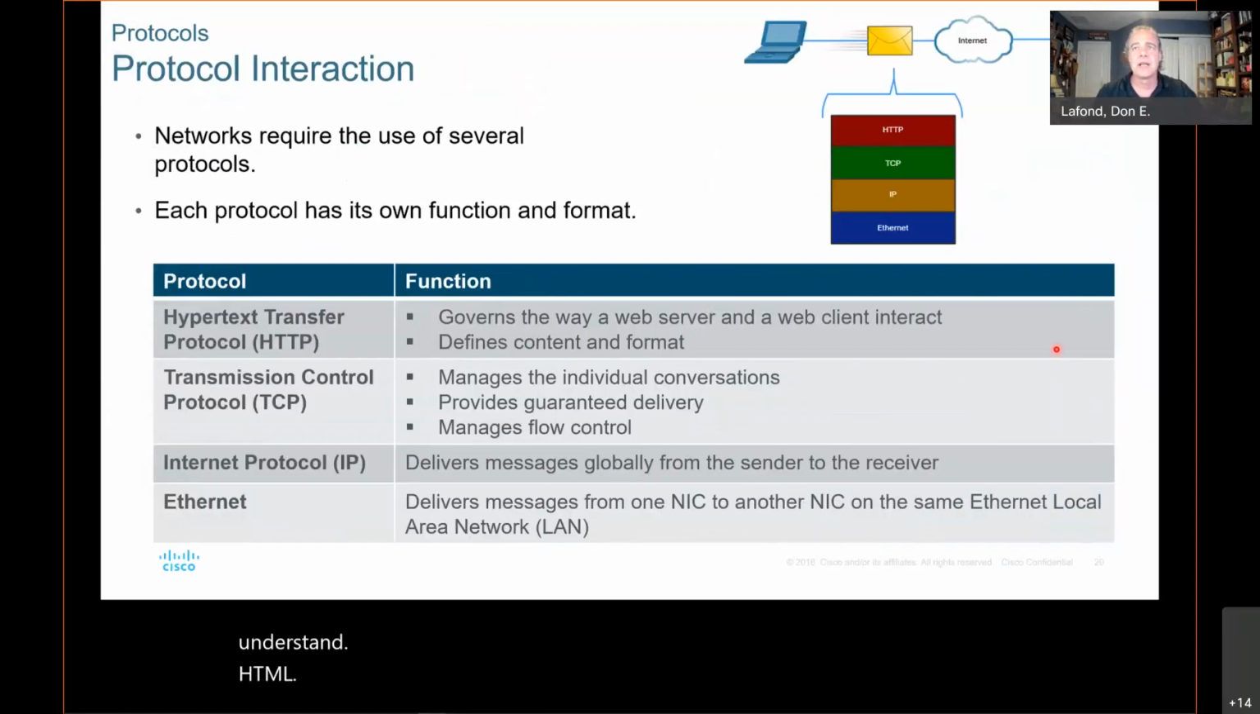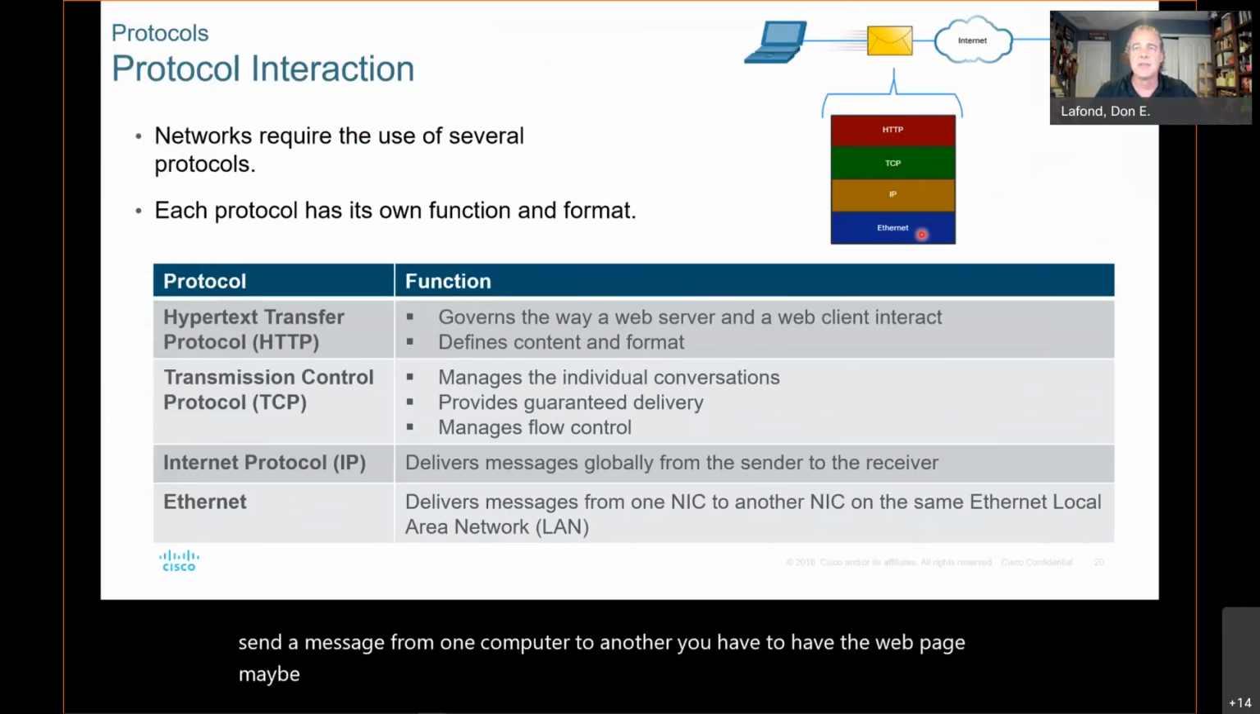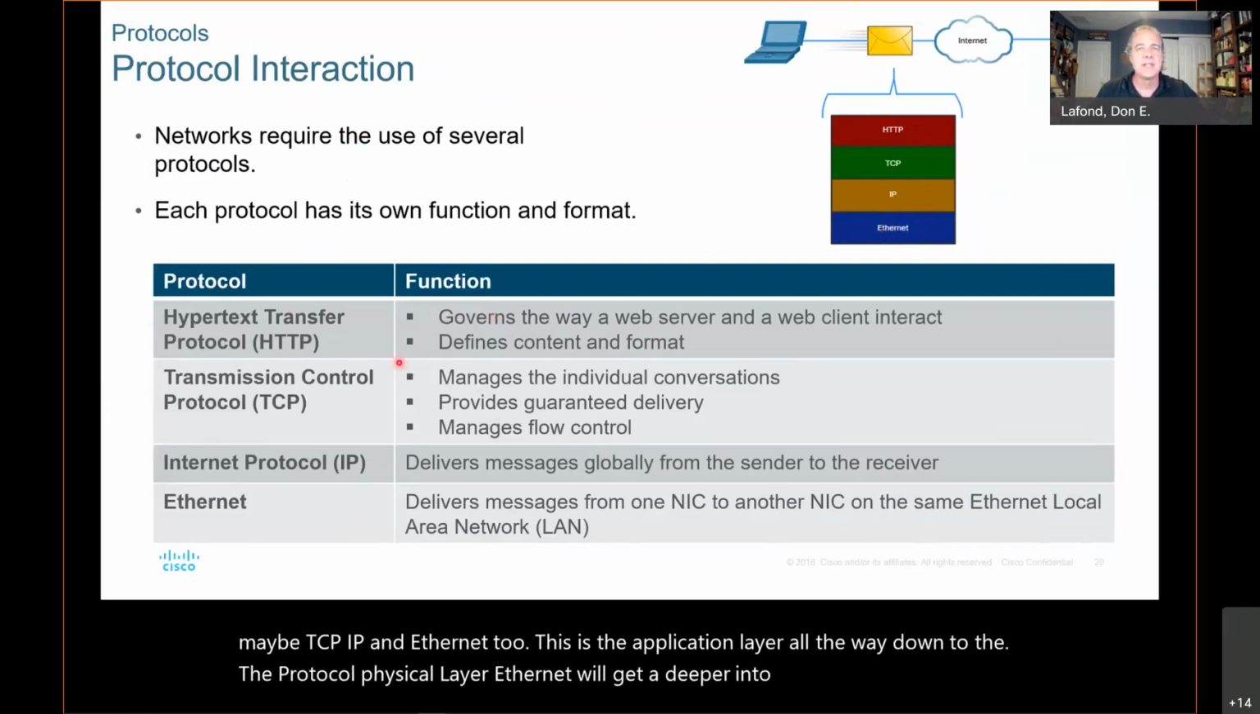Protocol interaction. Now here's just an example as a layer. In order to send a message from one computer to another, you have to have the web page, maybe TCP, IP, and Ethernet. This is the application layer all the way down to the physical layer, Ethernet. We'll get deeper into it, but HTTP, for example, governs the way the web server and